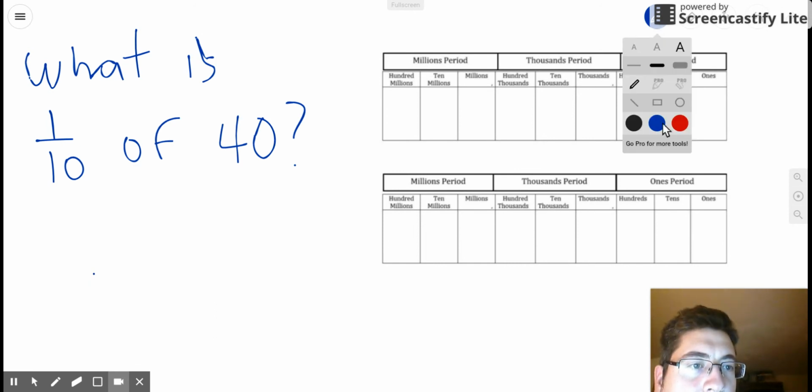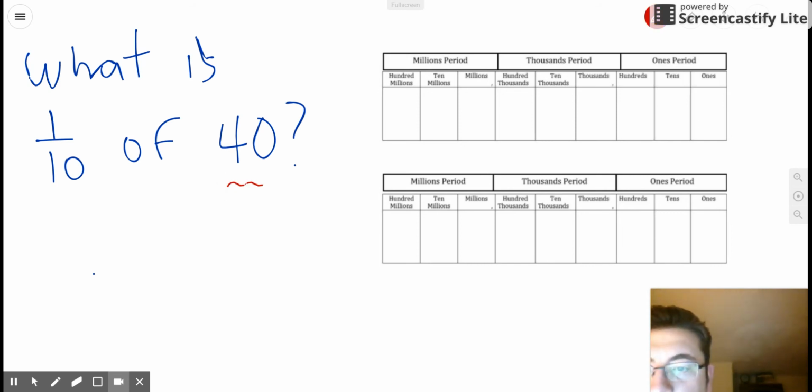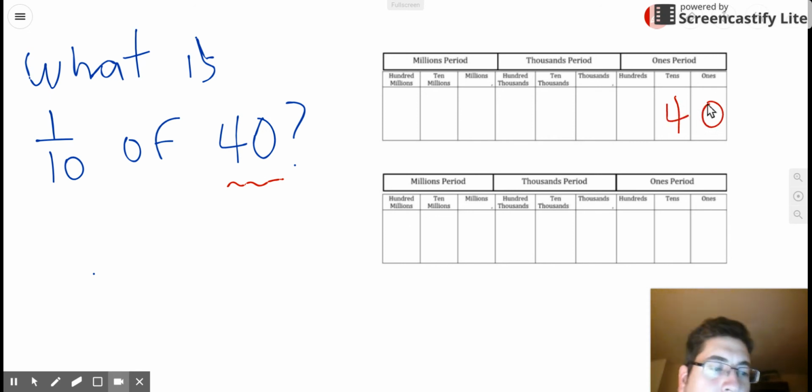We're going to write the number we're given, 40 in this case, in the first or top place value chart. And instead of moving each digit in 40 one place to the left, remember we're looking for a number that's going to be smaller than 40 because we're finding what is 1/10 of 40 or what is 10 times less than 40. We're actually going to move each digit